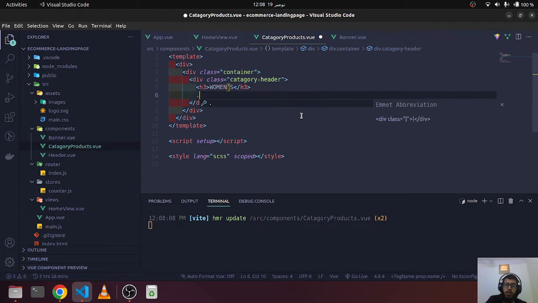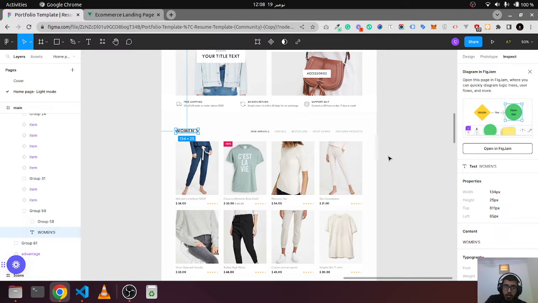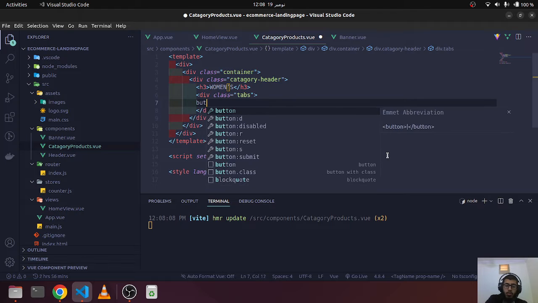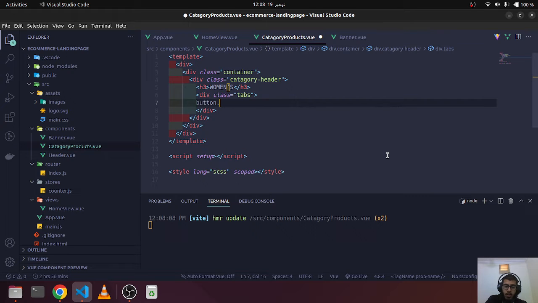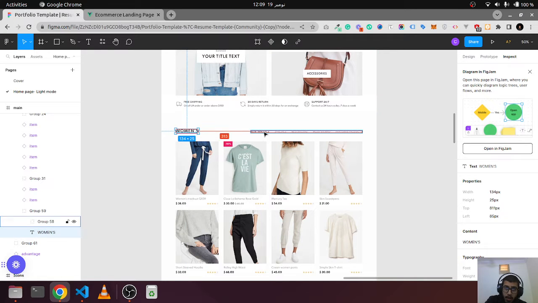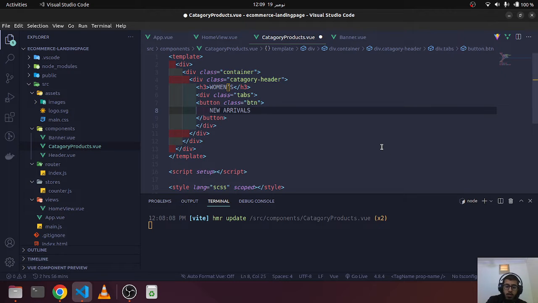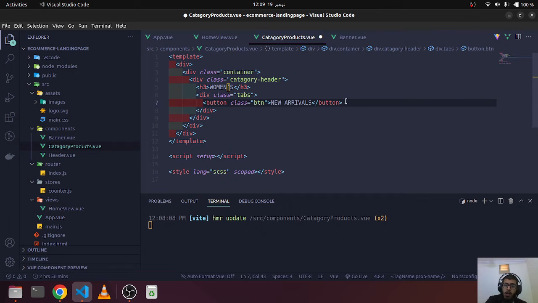We can say tabs. The first one is a button, BTN, it should be like new arrivals. Instead of